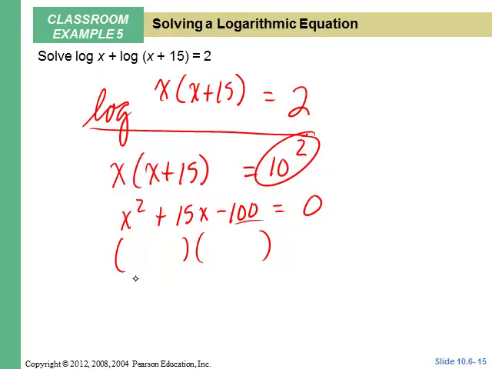I can't think of any. Might have to use the quadratic formula. Negative b plus or minus square root of b squared, 15 squared minus 4 times 1 times negative 100. So it's 225 plus 400, which is 625. That comes out evenly. Square root of 625